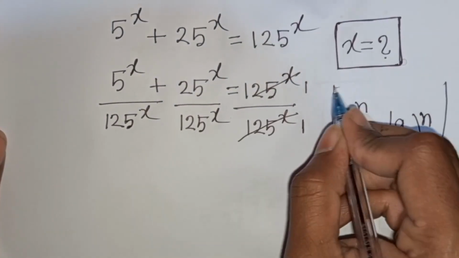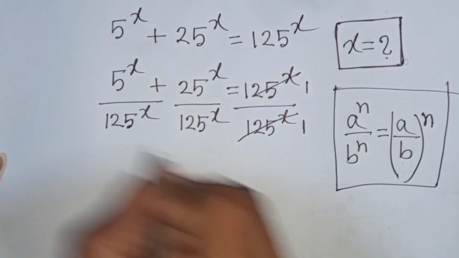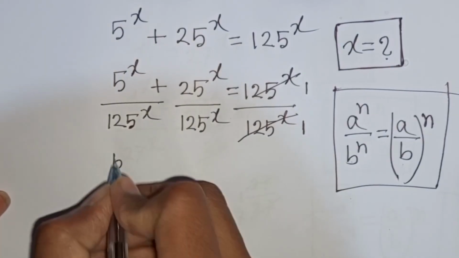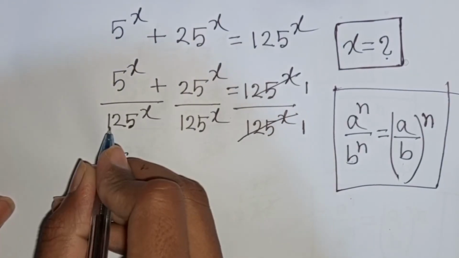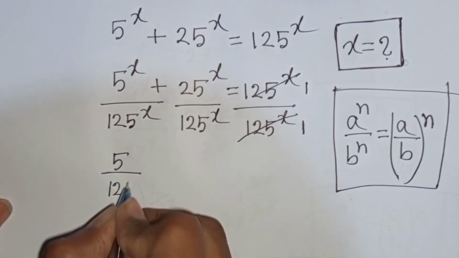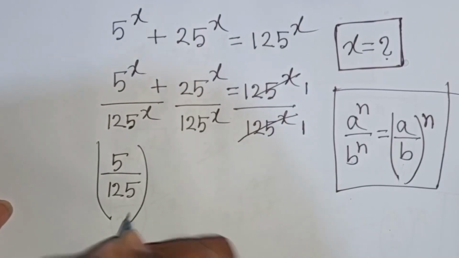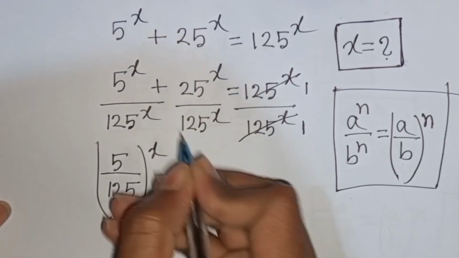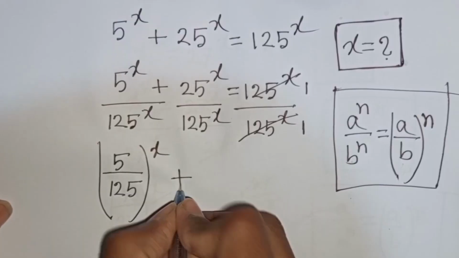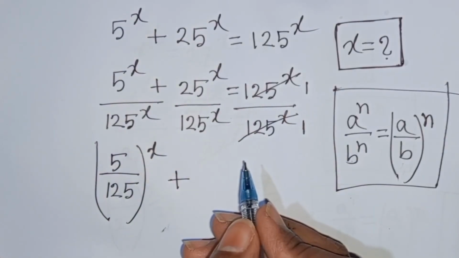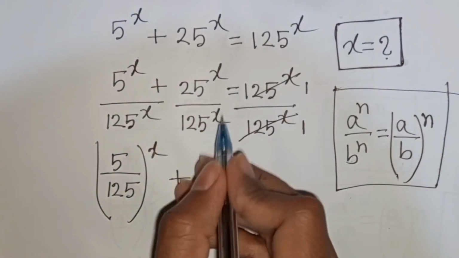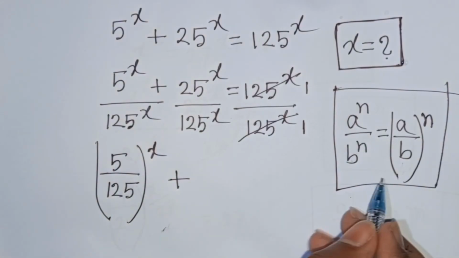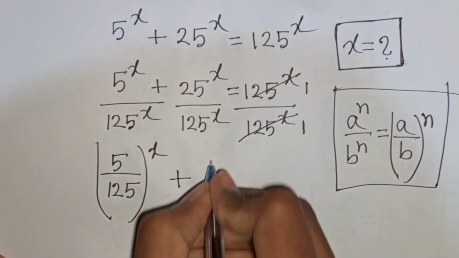So according to this exponential rule, we can write here 5 over 125, then bracket common power x, plus again x, same power but different base. So according to this formula, we can write here 25